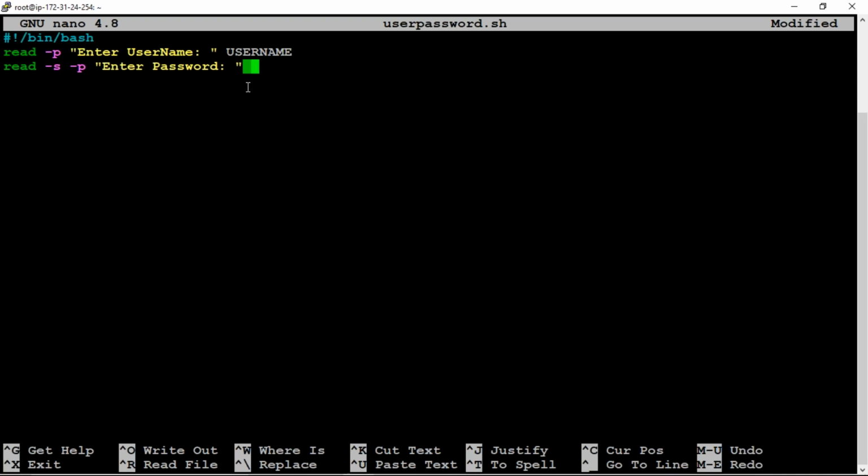So assign the variable as password. Okay, so I just got a code from our friend: read -p username, useradd, yes, the same code, so it will work.